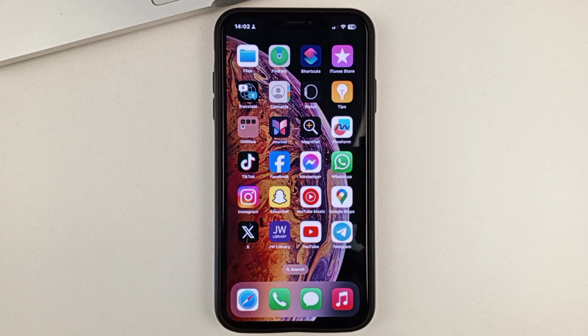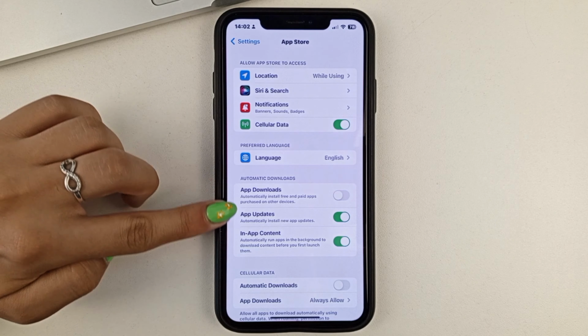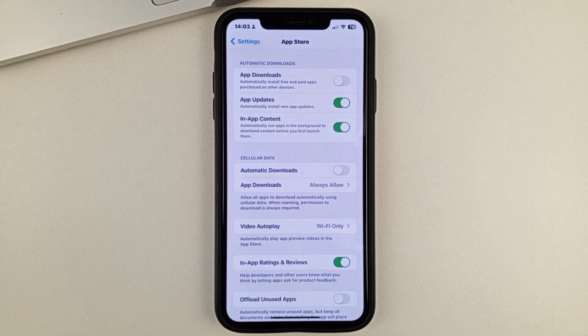And to activate this feature, please go to Phone Settings on your iPhone, and then scroll down to the bottom. Find the App Store, click on it, and you'll be able to see this auto-update feature like this. And you need to make sure that you have it activated. Because of that, all the apps that you have will automatically update. So this is a very simple way, friends, you'll be able to enable automatic app updates on your iPhone.